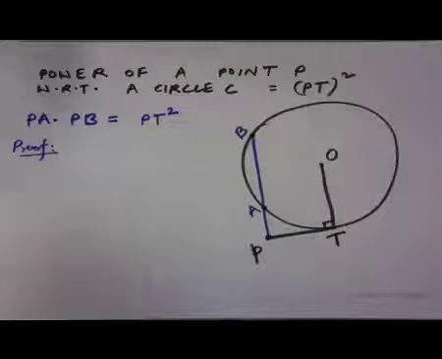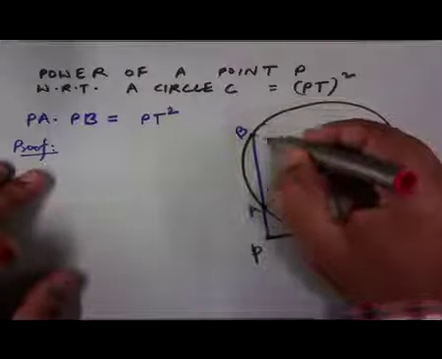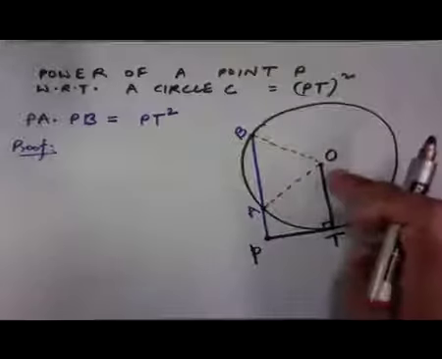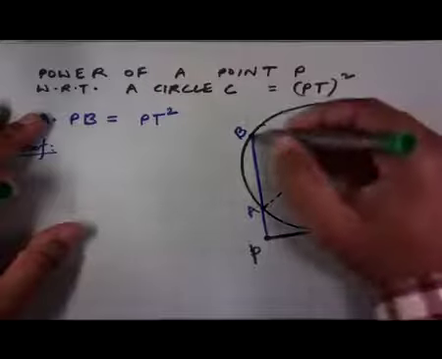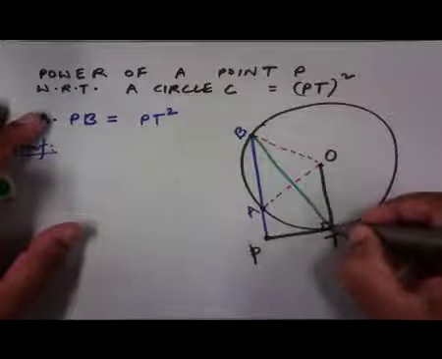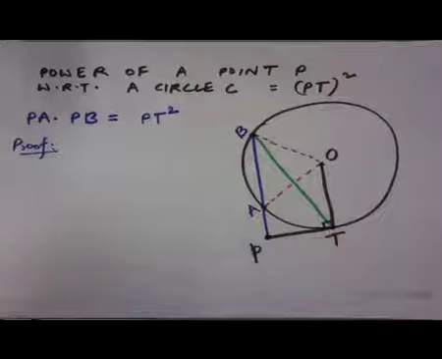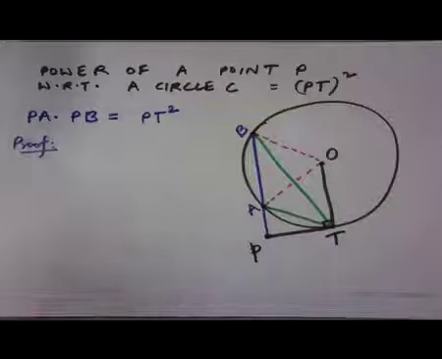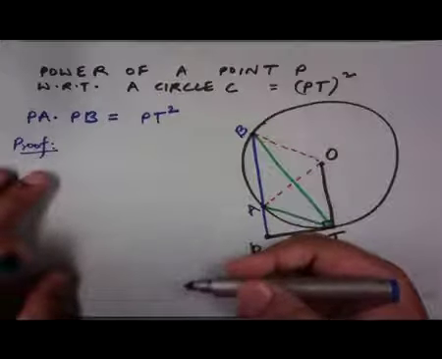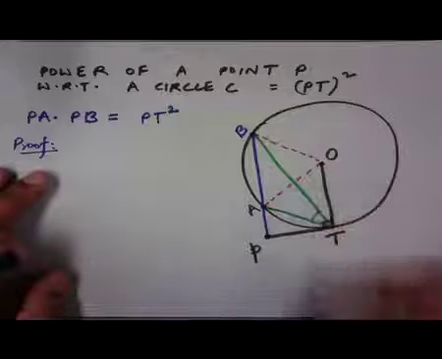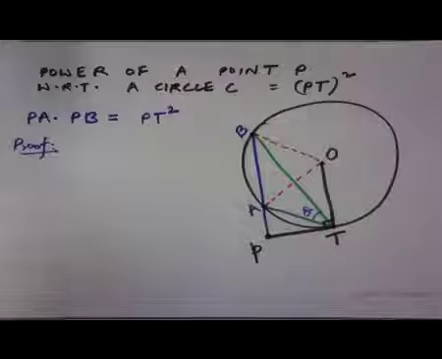So, to prove this, let us first connect these 2 points A and B to the center of the circle O over here, and let us also connect this point B to this point T, and we will also connect A and T. Now, let us say that this angle is theta. Then from high school geometry we know that